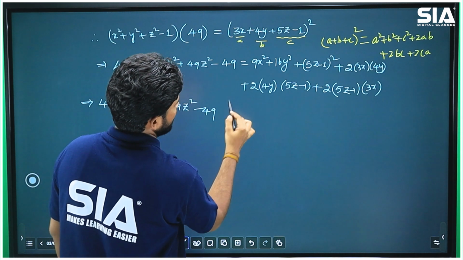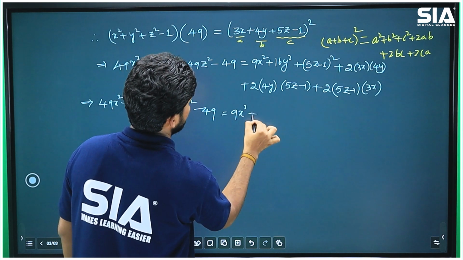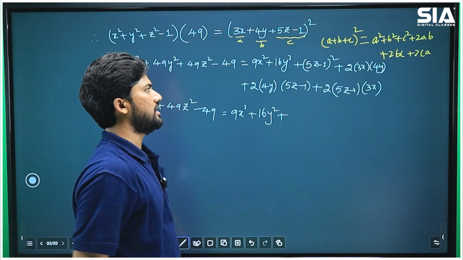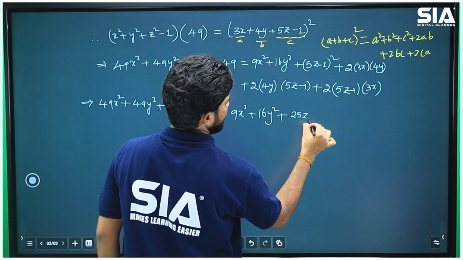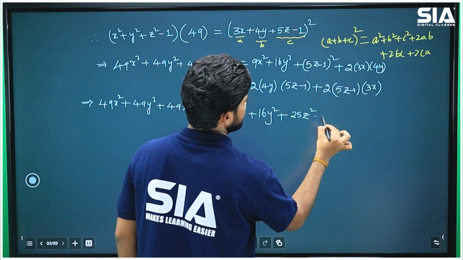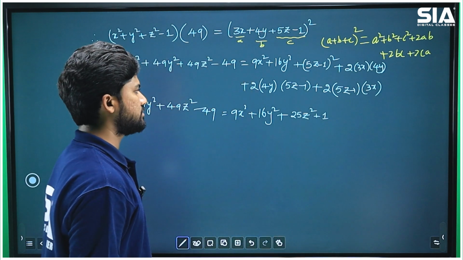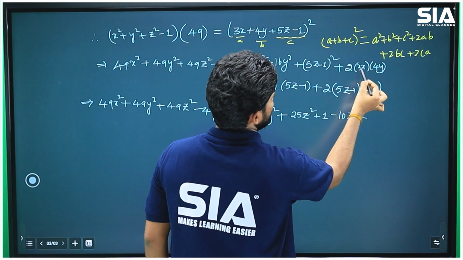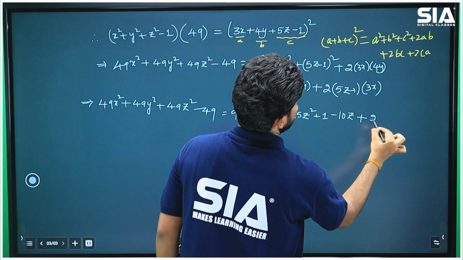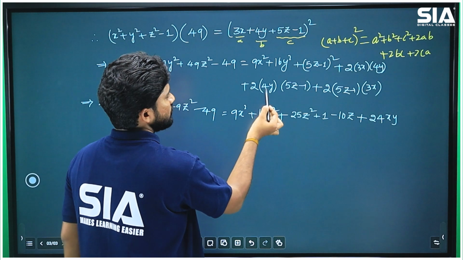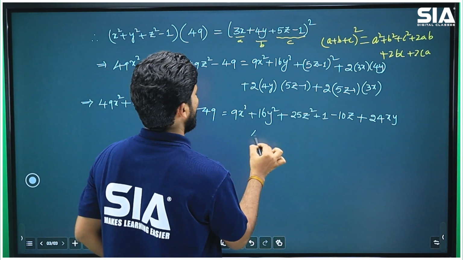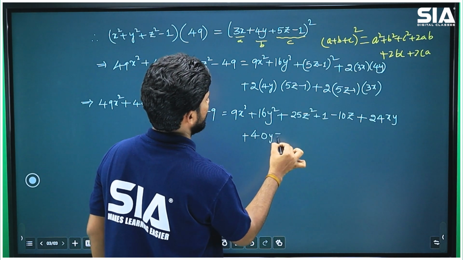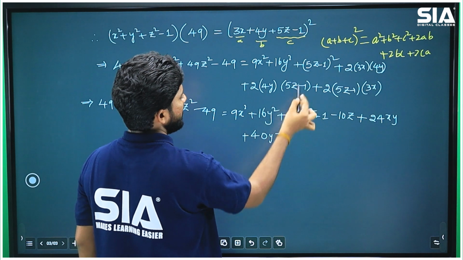Okay, so take all those values. First of all, 9x square plus 16y square. Expand this value again, (a minus b) whole square formula, 5z minus 1, means 25z square. 5z whole square means 25z square, minus 1 whole square means plus 1, and minus 2ab means minus 10z. Okay, plus 2 threes are 6, 6 fours are 24xy. Next 2 fours are 8, 8 fives are 40yz, plus 2 fours are 8, 8 into minus 1,